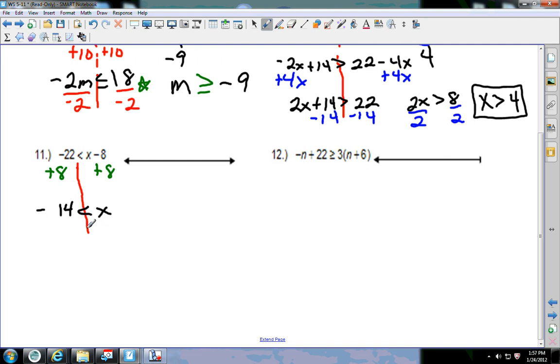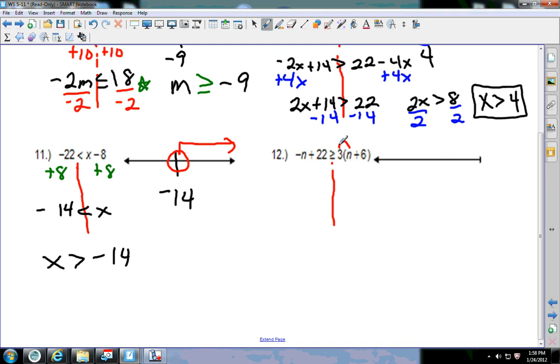This is difficult. You can't graph it the way it is right now. You'd actually have to flip it over. And if I move the x to the left and the negative 14 to the right, this symbol right here would have to flip over. It's supposed to be x is greater than negative 14. It makes sense, because negative 14 is less than x is saying the same thing. So this is negative 14. I'm going to use an open circle, and I'm going to shade to the right. The next one,